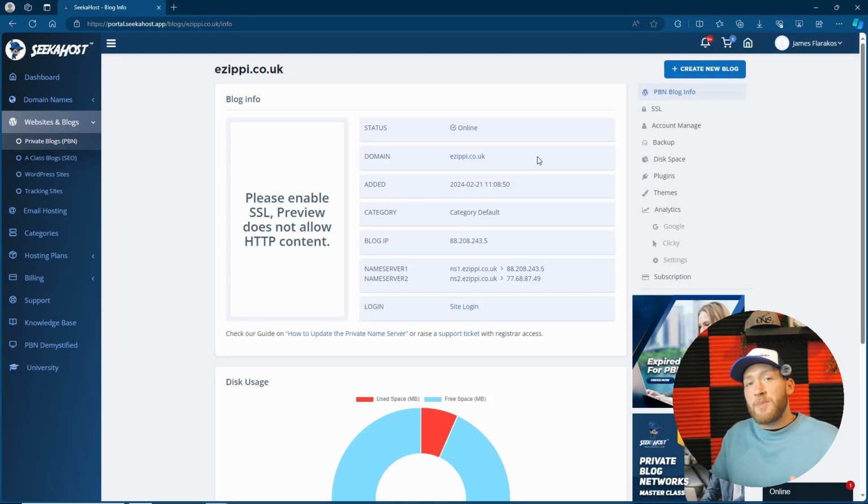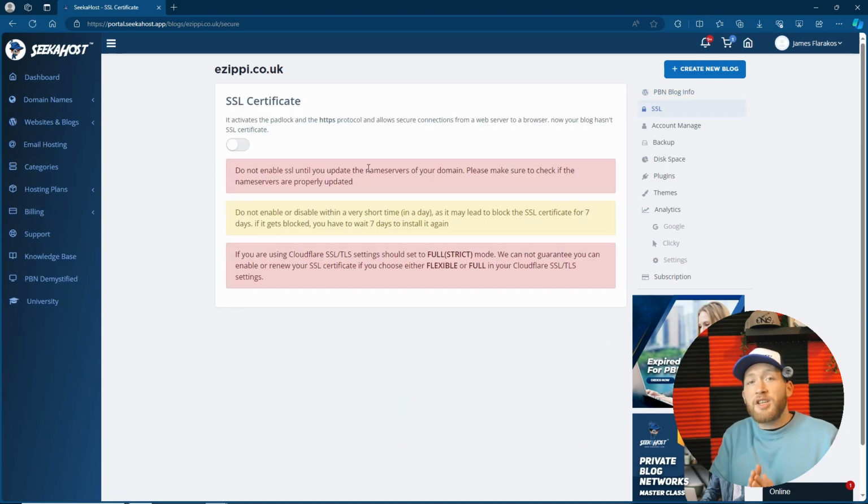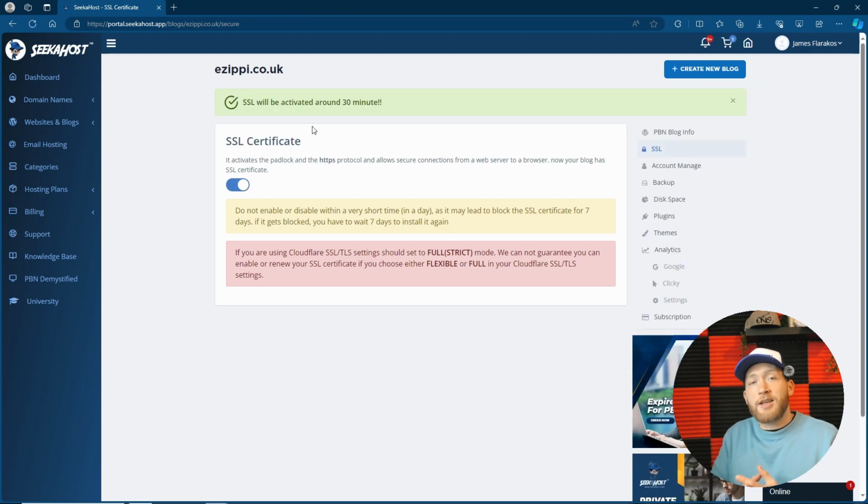Now that we know the connection has been made, propagation has been done, we can now enable the SSL certificate. All sites on SeekaHost get SSL certificates because we are keen on safety for our customers. This can stop phishing attacks and is much more secure for payments, and plus it's much more trusted when people come onto a site with a padlock. And you also get the warning from internet browsers if you go onto a page without a padlock, because it's not as secure. So now we know that's done, we can enable this. And as you can see, our SSL will now be activated within 30 minutes